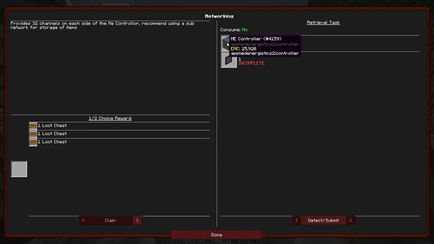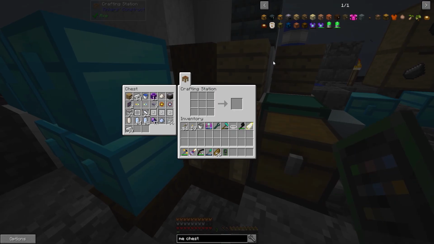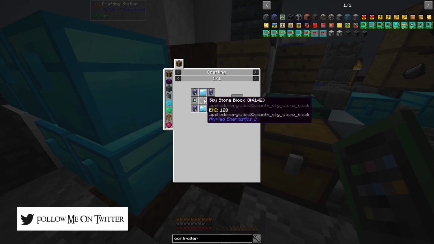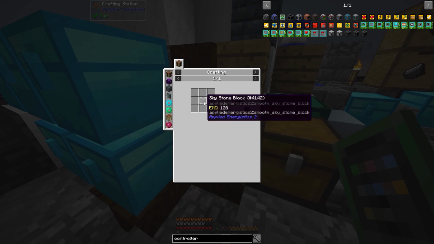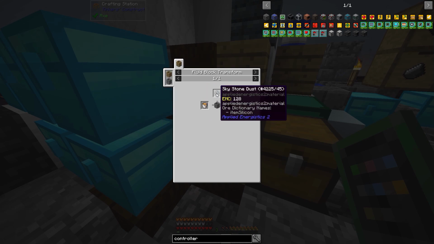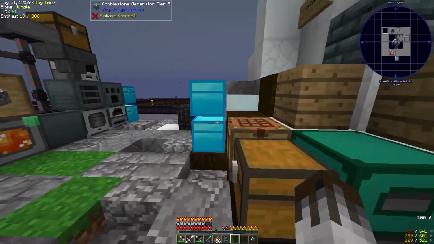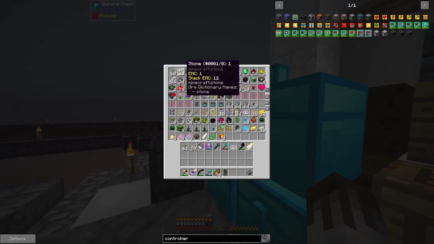probably an ME controller, then a drive, and then going on to ME storage cells, because yeah, we're going to need those. So we are going to make an ME controller, which does... Oh, I remember this now. So Skystone block, that was a thing that I remember being a thing. Skystone is lava plus Skystone in a stone barrel. So luckily we have all those components lying around somewhere. I don't know where I put the stone barrel. I don't know if I ever made one. If I didn't, I'll just quickly make one now, but...